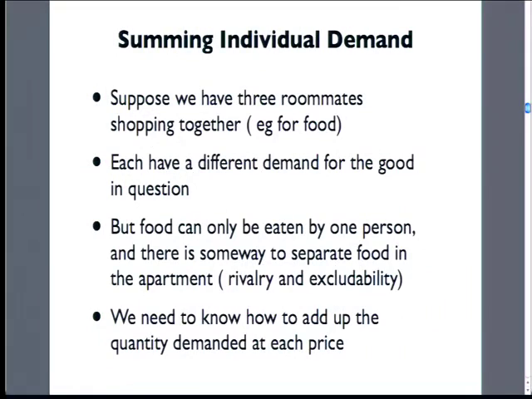Here are some of the questions. This is an example question going back to math and graphing. I'm going to switch completely from talking about gasoline. Okay, we have 3 roommates that live in an apartment together. Suppose